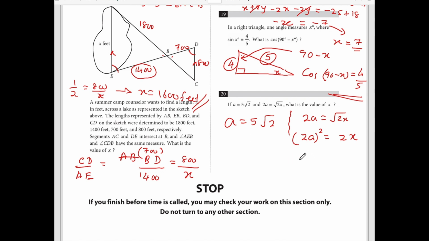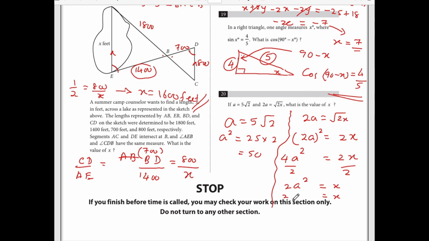Then here it is 4a squared is 2x. a squared is 25 into 2 is 50. Then we can divide both sides by 2. 2a squared is x, and x is 2 into a squared, which is 50, and x